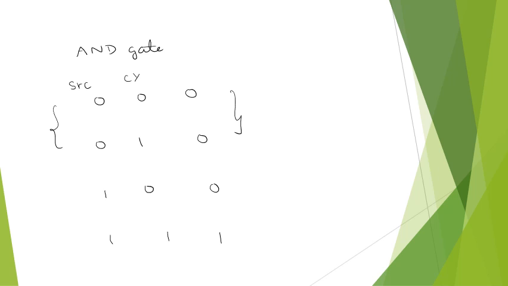So the carry flag is cleared. And when the source bit is 1, the output is same as the carry bit. So the carry bit remains unchanged, since the output is stored in the carry flag.